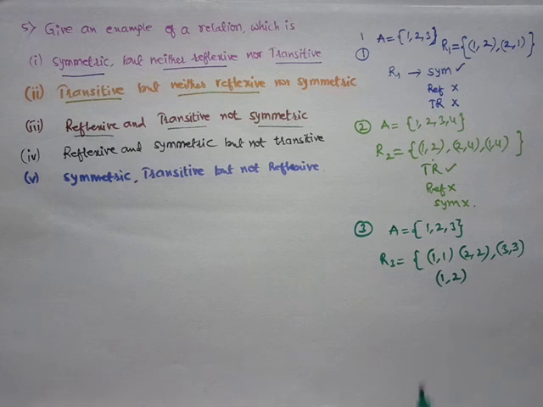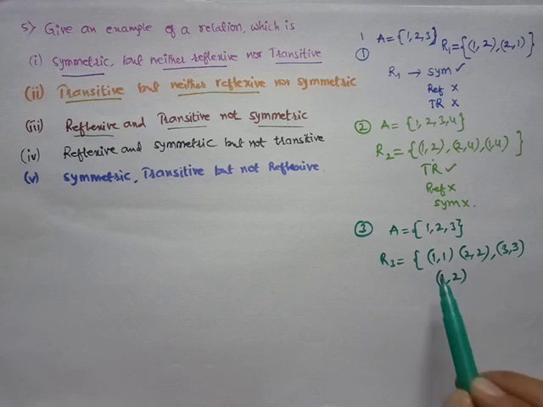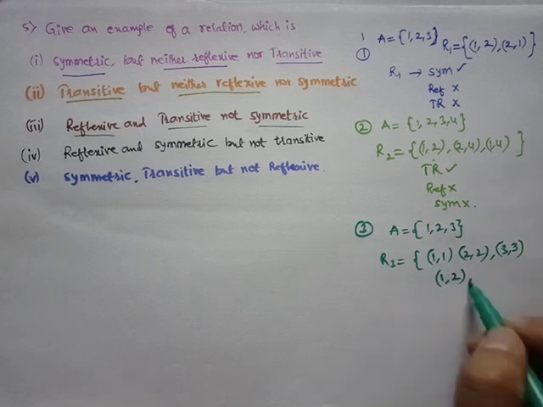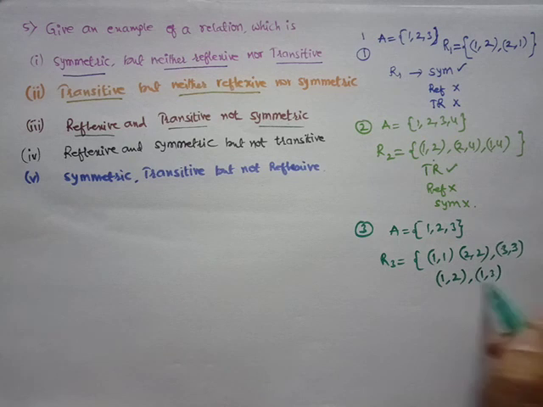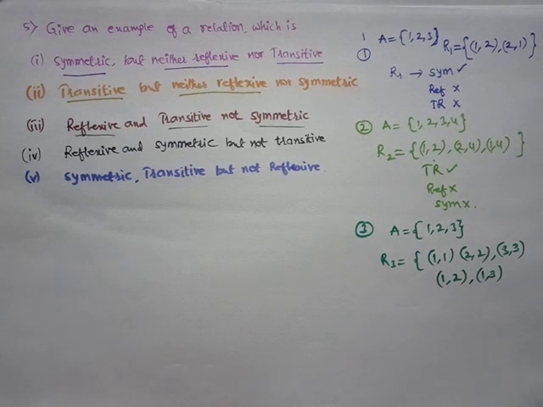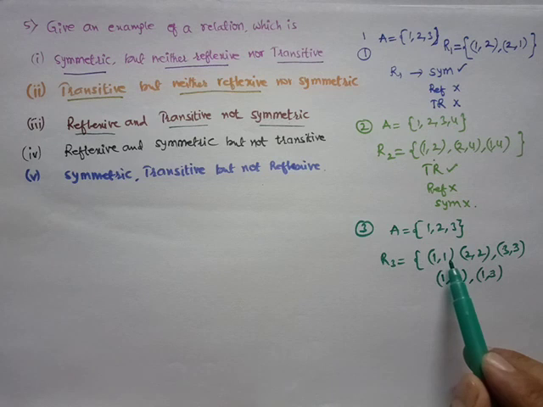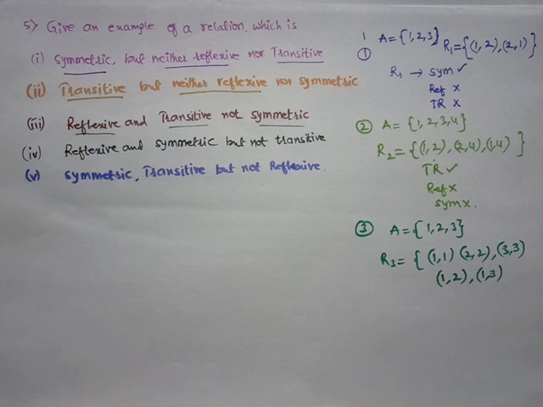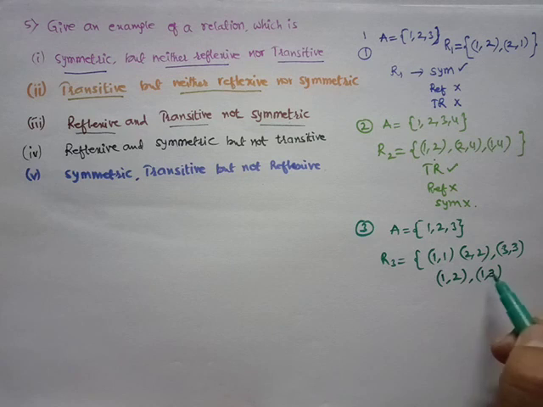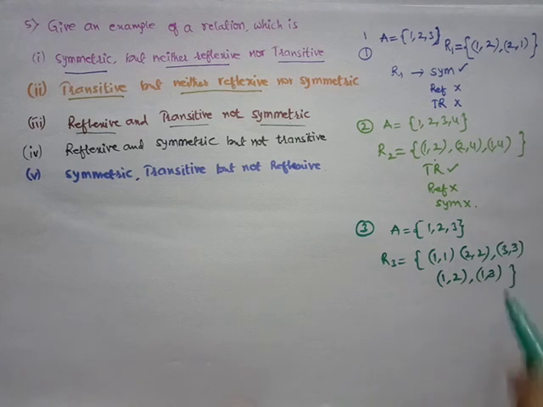Then whether it is transitive or not: (1, 1) is present, (1, 2) is present, again (1, 2) is present, yes. And if you want to take one more element, (1, 3), that is also fine. (1, 1) is present, (1, 3) is present, then (1, 3) is present. If you take (2, 3), then (1, 3) would be needed, so take (1, 3) itself, keep it aside.